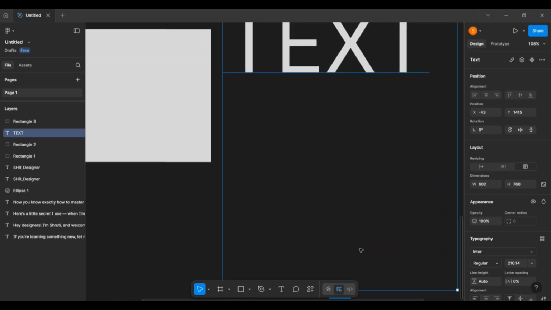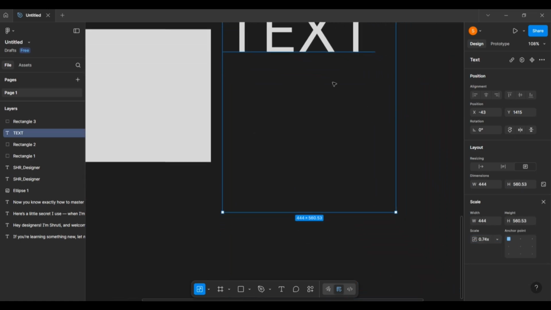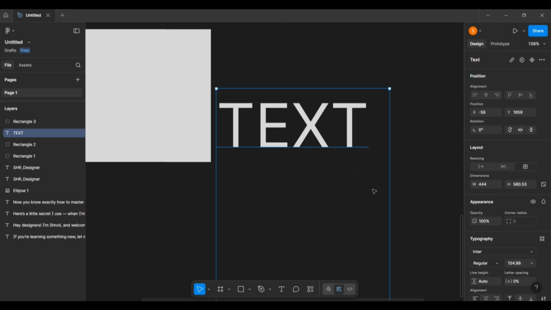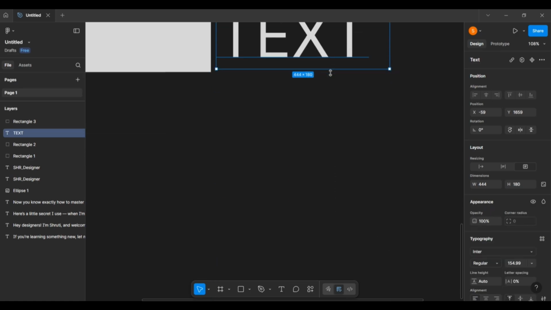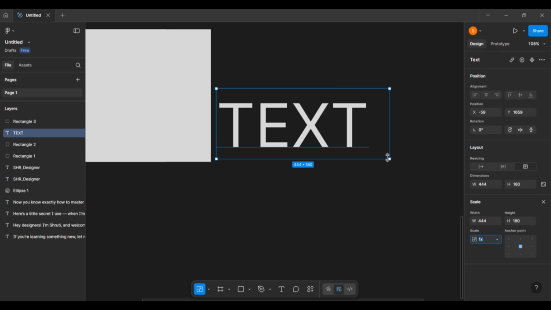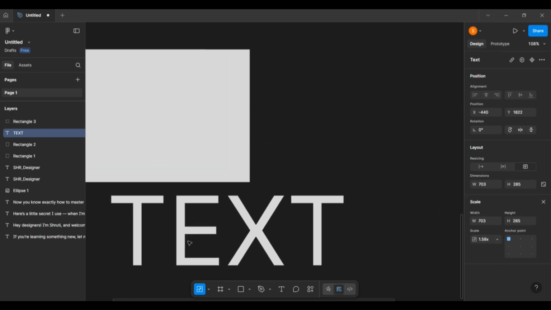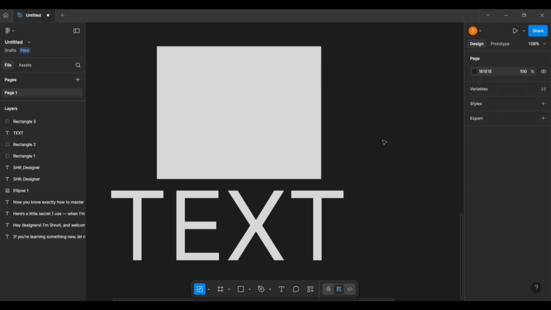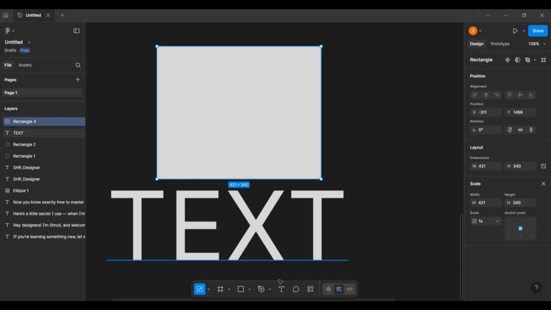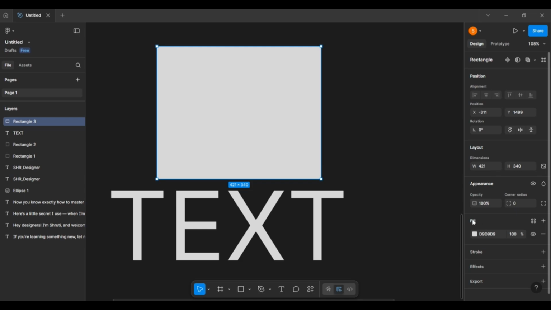You can see the text color is changed to white. Okay, so these are the basic two that you must know. So these are quite basic shades. Next we will be moving forward.